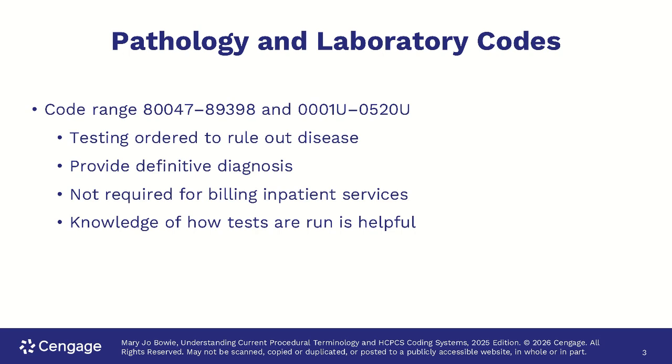The pathology and laboratory section of the CPT manual begins with what are known as panel tests and continues through 89398. And then we have these really weird looking codes, 0001U through 0520U. The codes in this section represent testing ordered by providers to rule out a disease or a problem, as